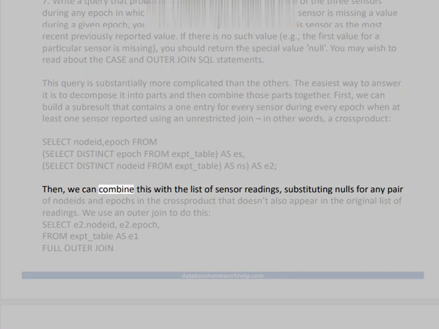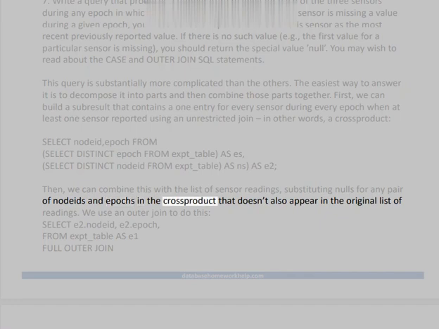Then, we can combine this with the list of sensor readings, substituting nulls for any pair of nodeids and epochs in the cross product that doesn't also appear in the original list of readings. We use an outer join to do this. Select E2.nodeid, E2.epoch, from ext_table AS E1 full outer join